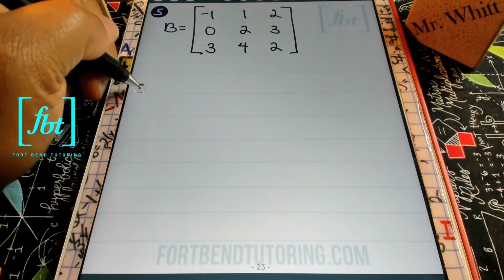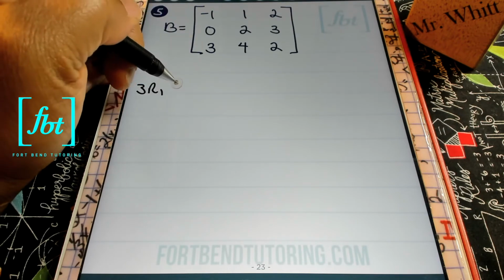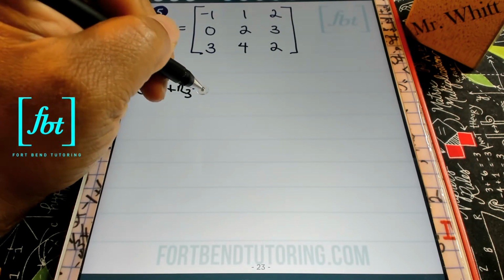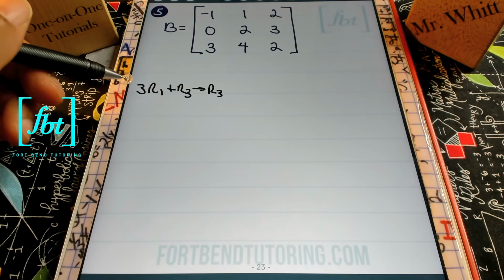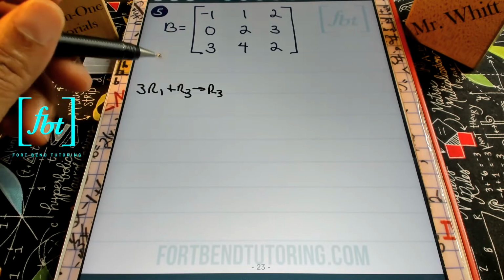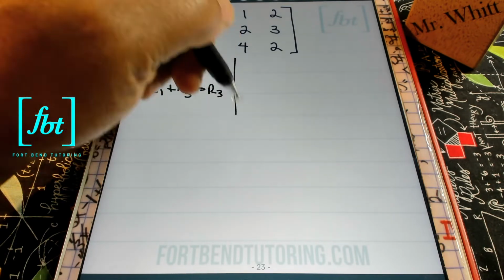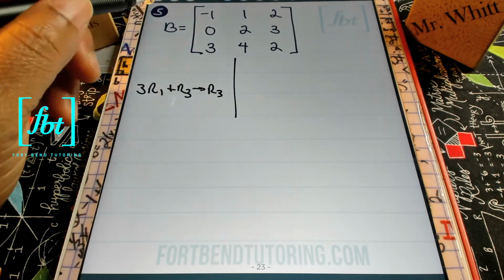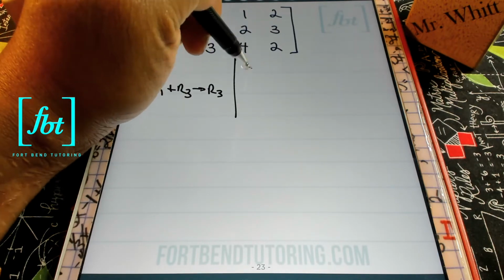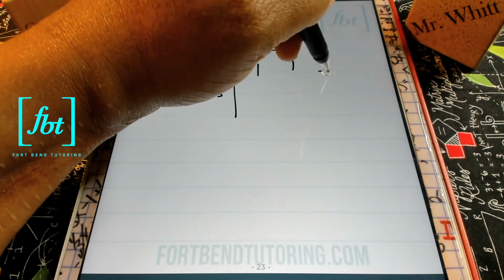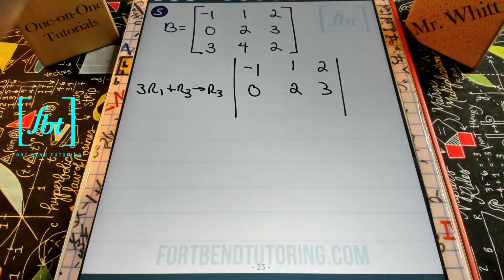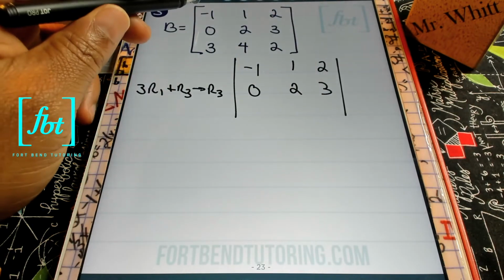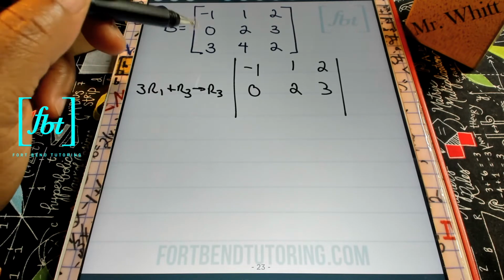I'm going to have 3 times row 1 plus row 3 and placing the result in row 3. Once again, I'm doing all of my multiplication to a different row other than the one I'm replacing. That means in this case, I'll be bringing down rows 1 and 2 unchanged. We'll have -1, 1, and 2, as well as 0, 2, and 3, and then multiplying row 1 times 3 and then adding it to row